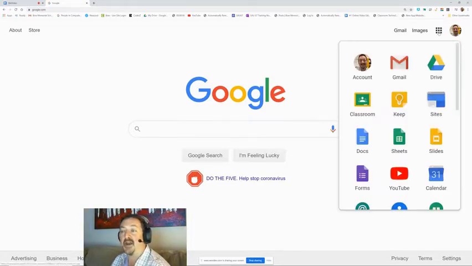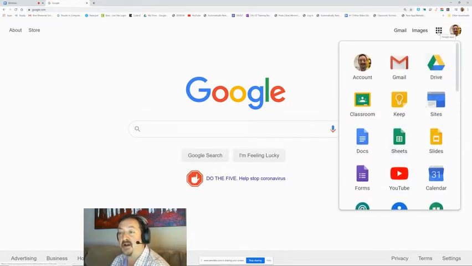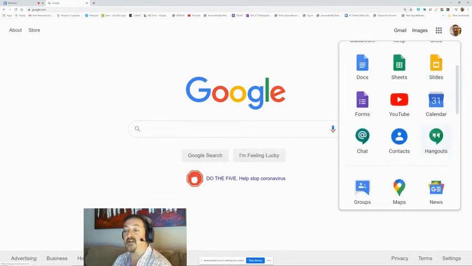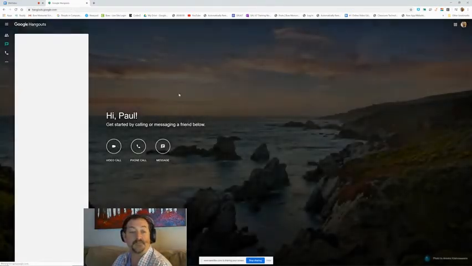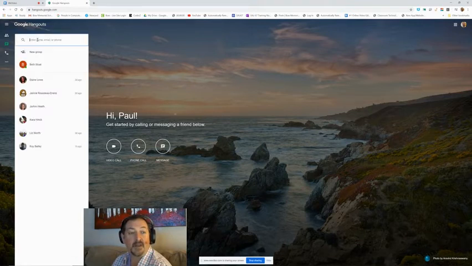Google Hangouts can be accessed in two main ways, by using your Omnibox right next to your name. A lot of teachers call this the waffle, but the real name is the Omnibox. Using your Omnibox, you can scroll down and get to your Hangouts app. From this page, you can access all of your old conversations, and you can start a new conversation or add a new contact. So right now, I'm going to hit that new contact, and I'm going to go to my